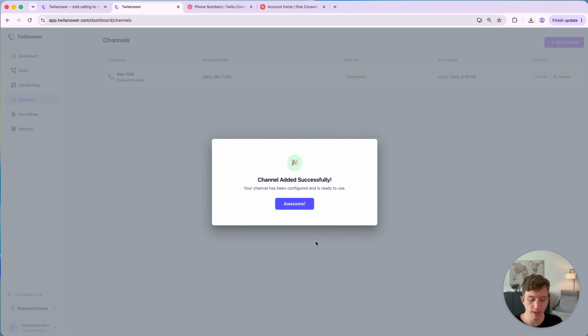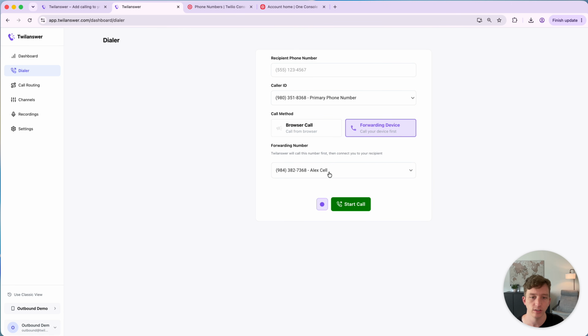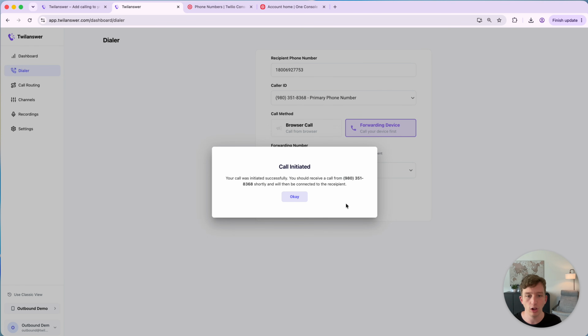Just input that verification code, and it will add your forwarding number. Then you can go back over to your dialer, select forwarding device, Alex Sell, and then again, if we call Apple at 1-800-692-7753, and we click Alex Sell, it will call my phone first, and then it will connect me to my recipient, right? So if I answer this,